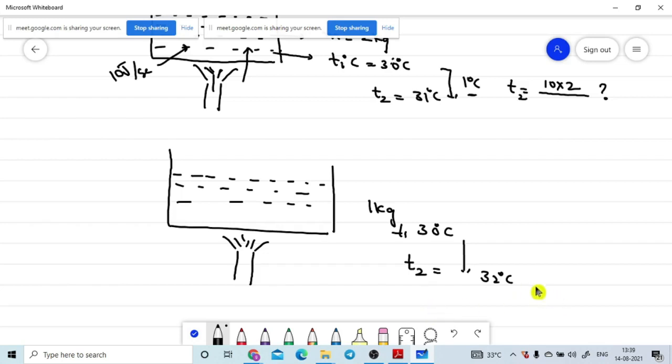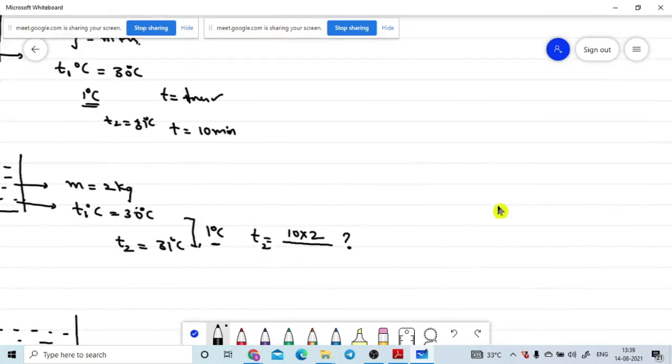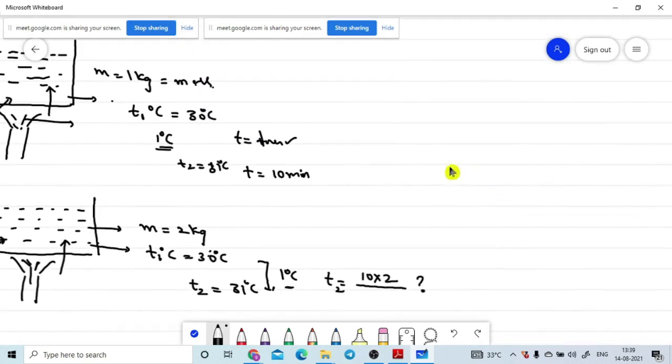In the previous case the time was 10 minutes, but what is the question here? What is the time needed to raise this temperature? Our goal is not to describe these values, but what I mean to explain here is the measurement, see the rising temperature.